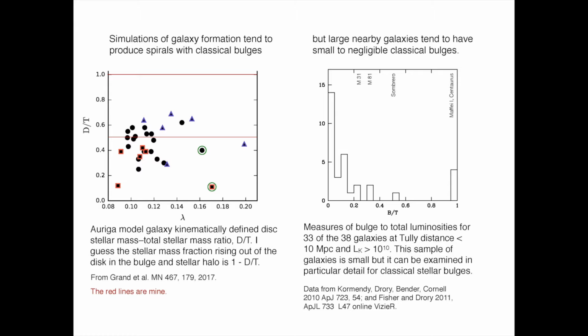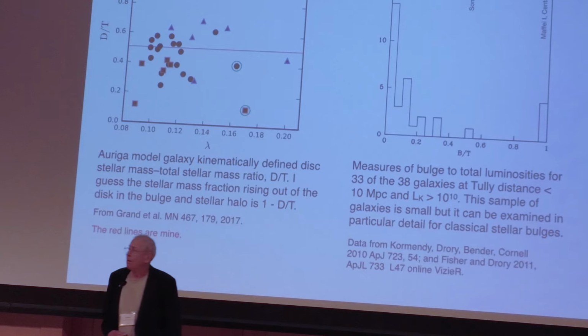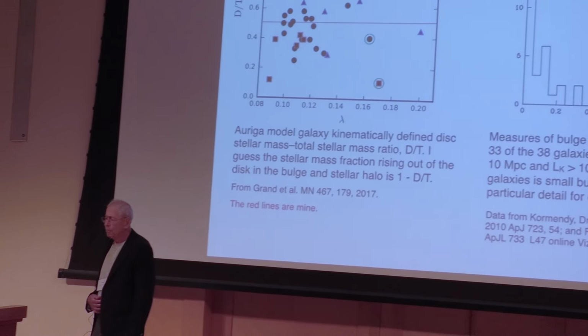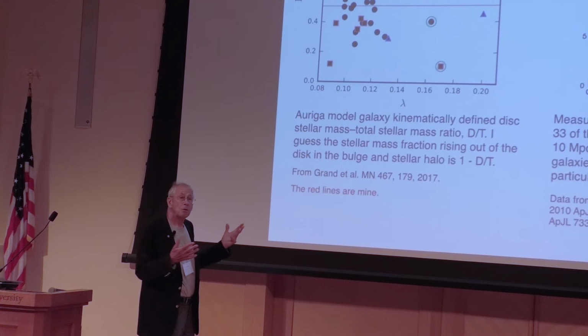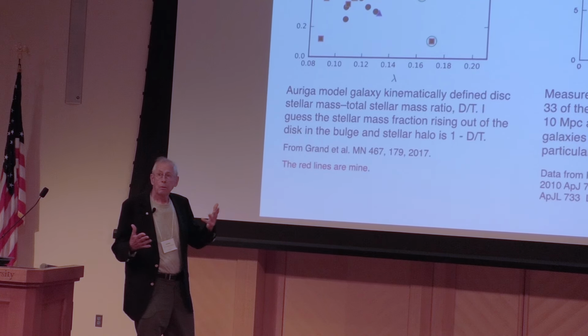And one sees two elliptical galaxies that are all bulge, Maffei 1 and Centaurus. You see this Sombrero Nebula about half bulge, half total, half bulge, half disk. You see M81, which has a substantial bulge. And over here, a whole lot that don't have much at all in the way of a bulge. They're near pure disk. Over here, the illustration from Robbie Grand and colleagues, very sophisticated simulations, and we certainly shouldn't